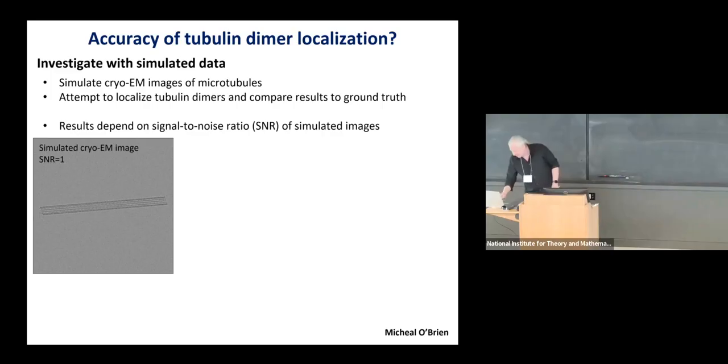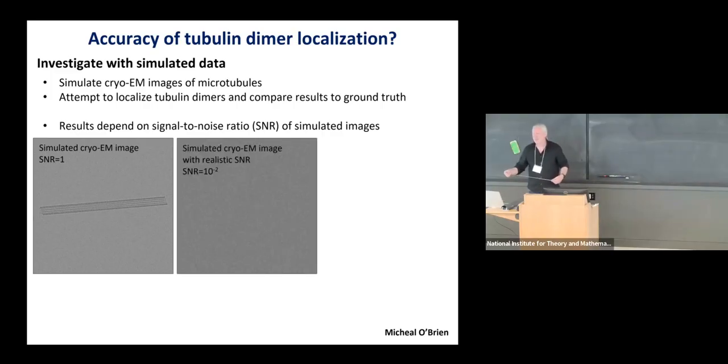But if you simulate a cryo image with more realistic signal to noise, which is roughly 10 to the minus 2, and plot it on the same scale, it looks more like this, which maybe isn't super. I don't know. You wouldn't feel so hopeful if you stare at this. Nonetheless,